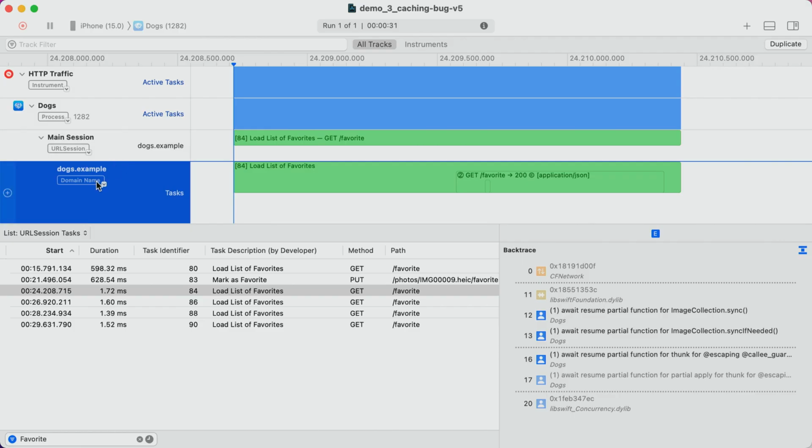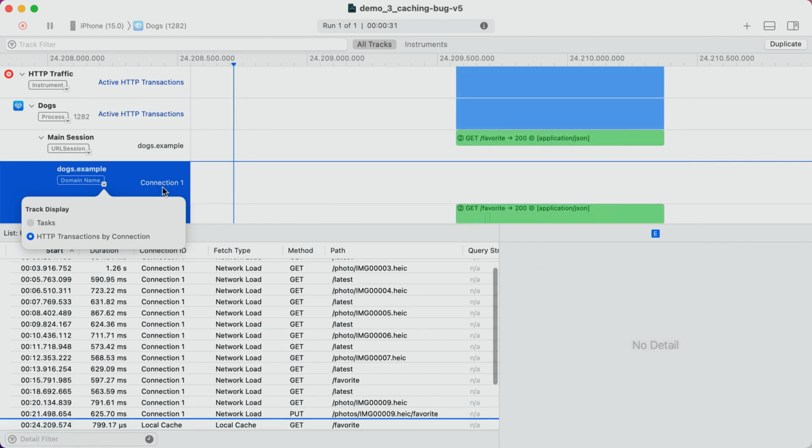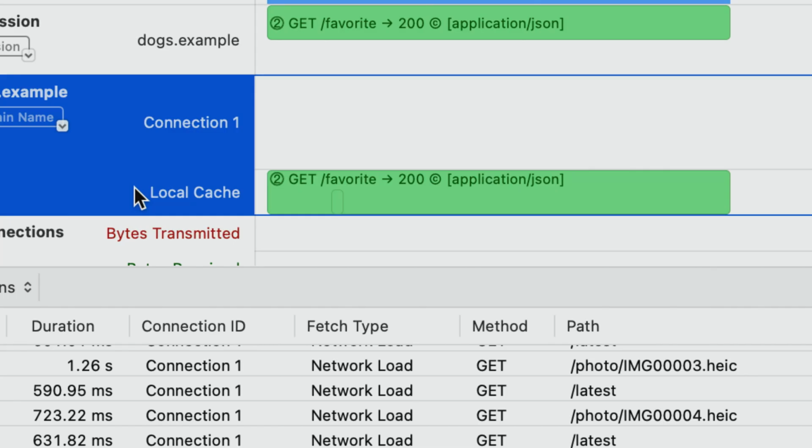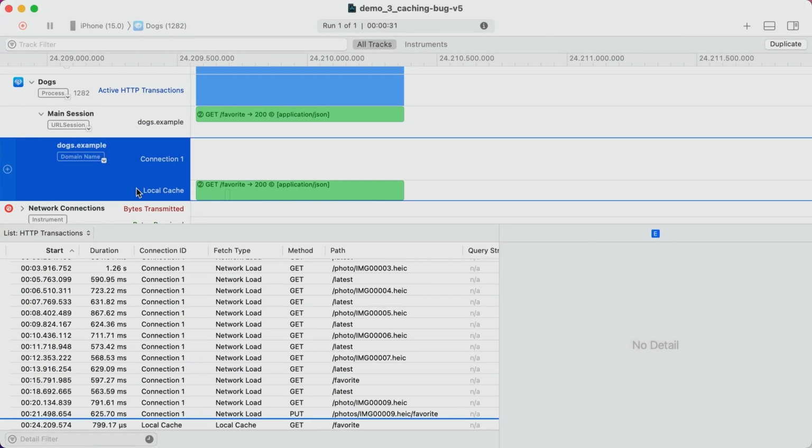Let's switch to the HTTP transactions by connection view again to get more details. The first thing we notice is that this transaction is not executed on a connection, but on local cache. This shows us that the request was never sent on the network, but rather loaded from the local cache. This also explains why there is no waiting for response state, since the transaction did not wait for a server. So that's the problem. Our request is cached, so we don't actually ask the server and always get the cached